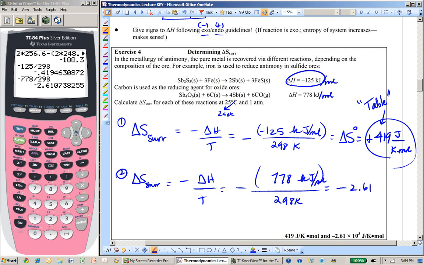Just go with 3 sig figs because they gave me 3 in those numbers up there. Kilojoules per Kelvin mole. All right, so